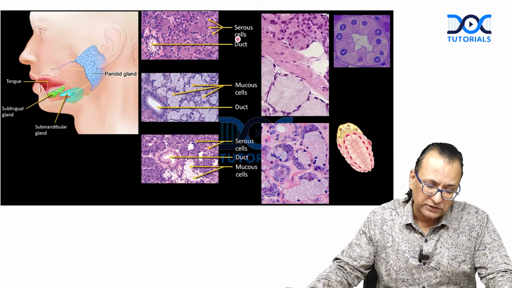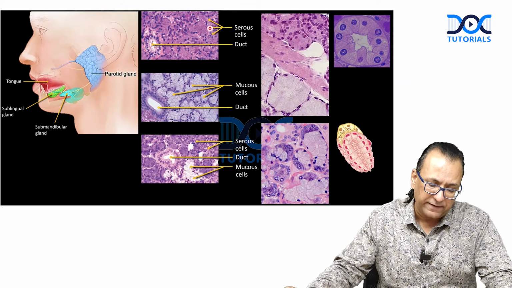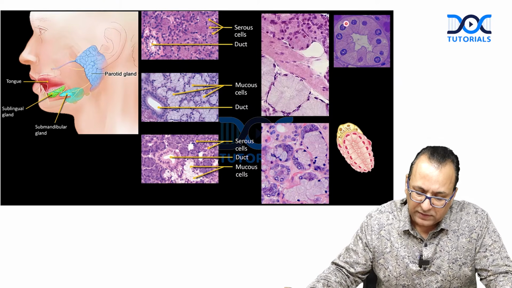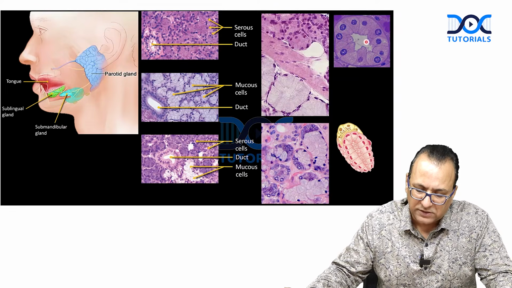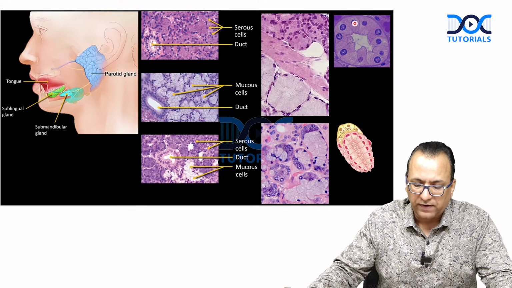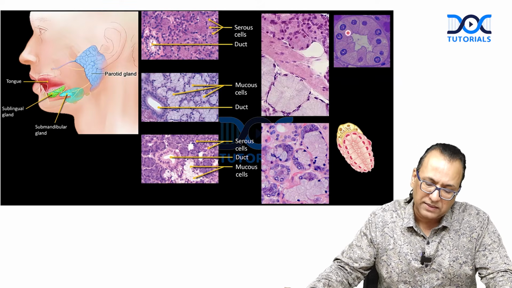You will see they are serous cells and the epithelium is appearing like cuboidal. You see a central spherical nucleus. The height of the cell is equal to the breadth of the cell. This is the lumen here. So the epithelium of the gland shows a central spherical nucleus, cuboidal type of cells, and they take more